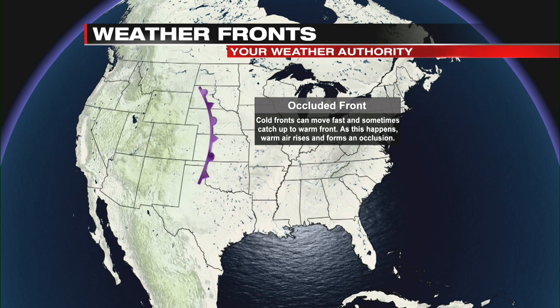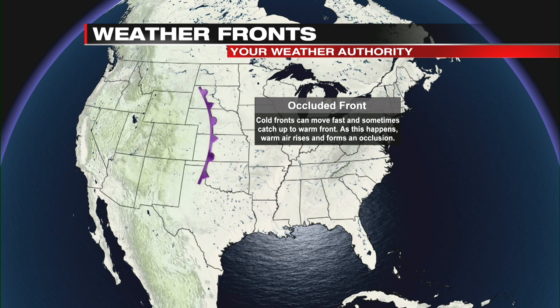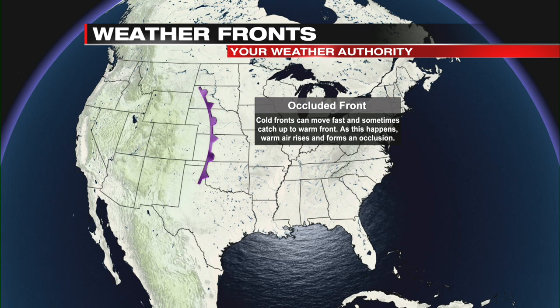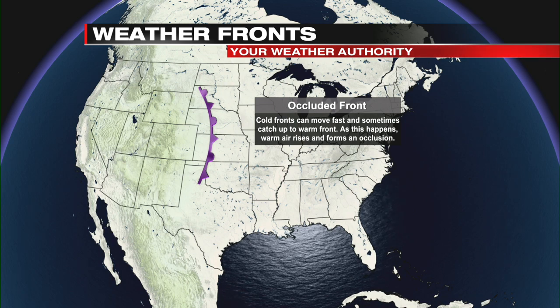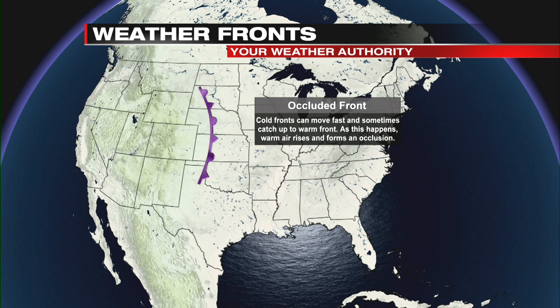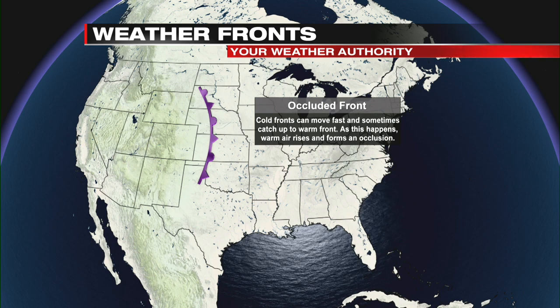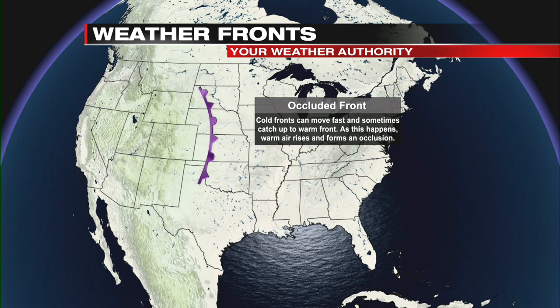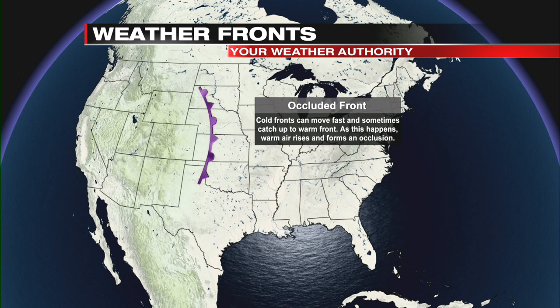Now, just because of physics alone, storms here on Earth can only get so strong. They have to go through each phase of their life cycle. Eventually, the storm will get so strong that it has to peter itself out. Usually you see an occlusion with a mature or strong area of low pressure or a dying low pressure system. The occlusion process is usually the beginning of the end for a low pressure.